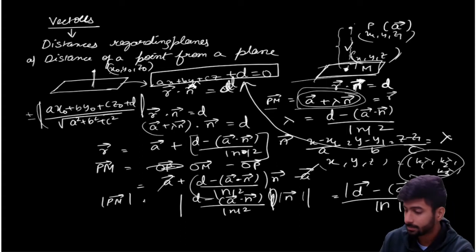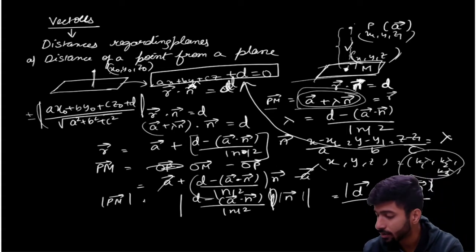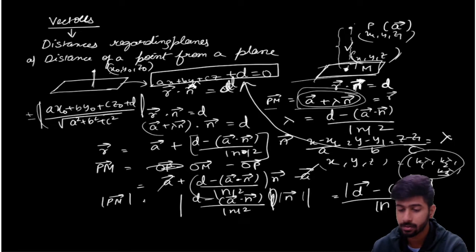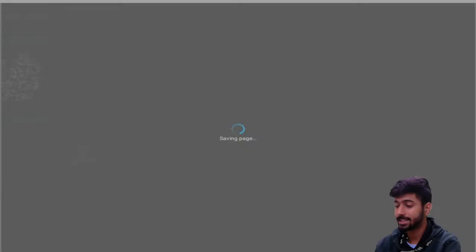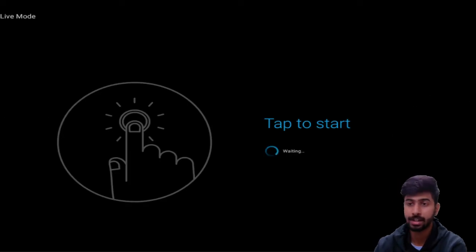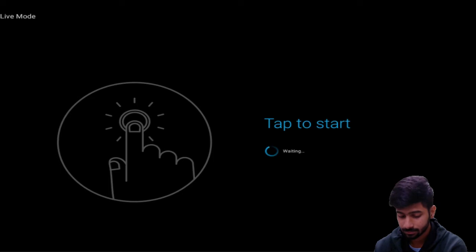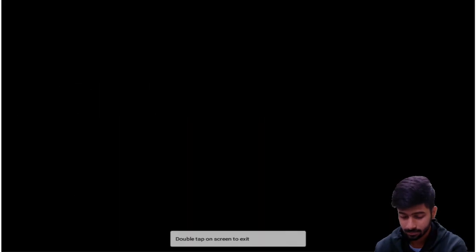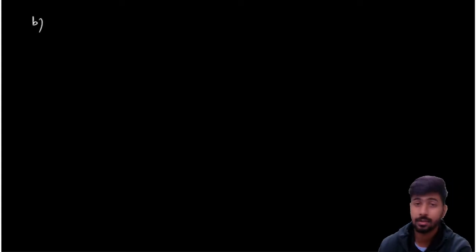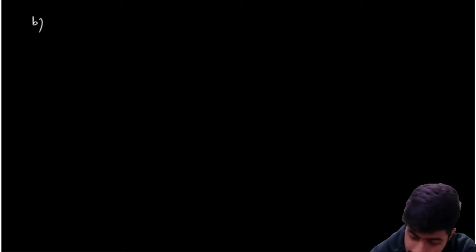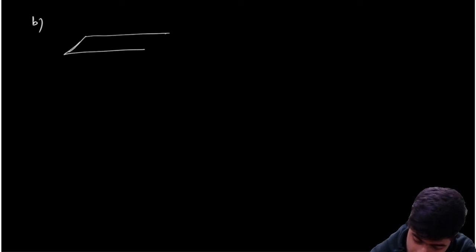Moving on. We'll also have to discuss the image of a point in a plane. That is the second distance that is associated with a plane, between a plane and a point, to be more precise. So that was my case A. The second case is if I have a point P,